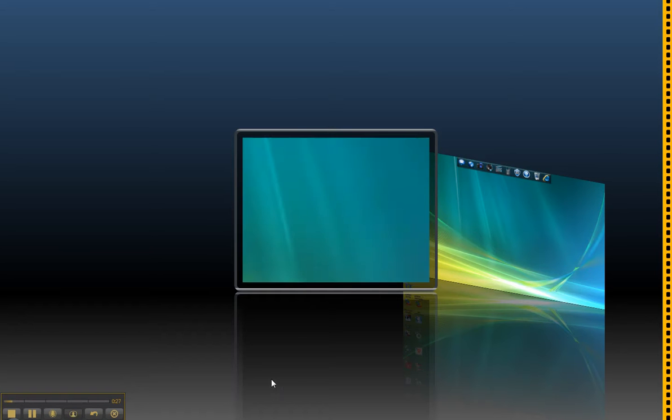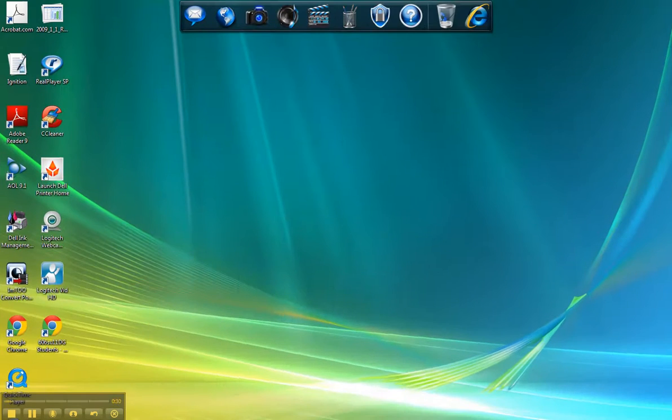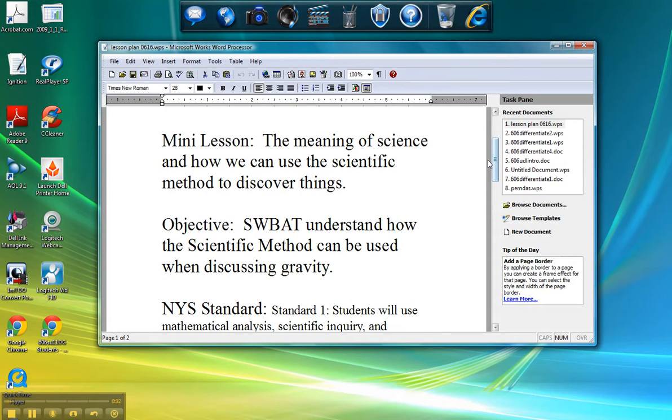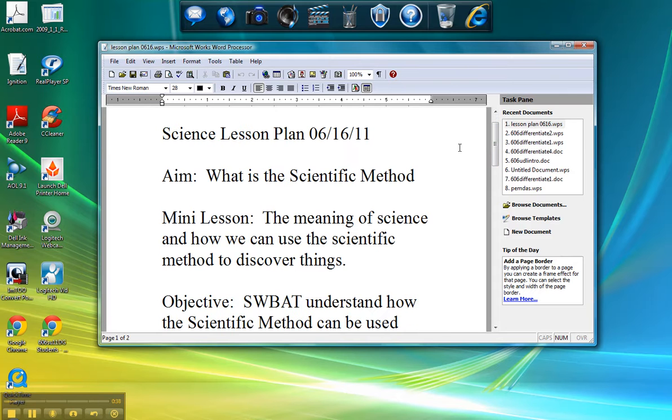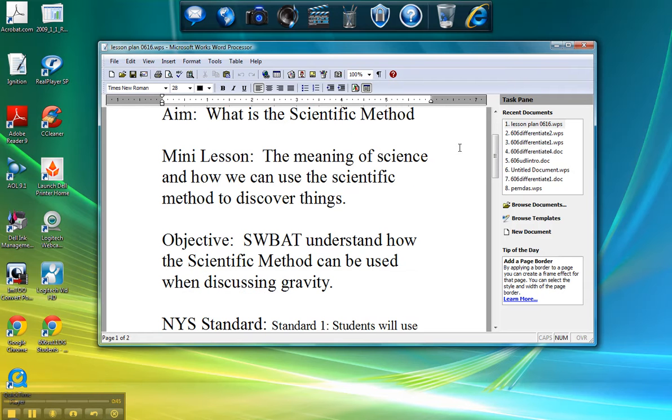So right now, we are going to take myself off the screen, and we're going to throw up my old lesson plan up here. And as you can see, our aim today is: what is the scientific method, the meaning of science, and how can we use the scientific method to discover things. Our objective: students will be able to understand how the scientific method can be used when discussing